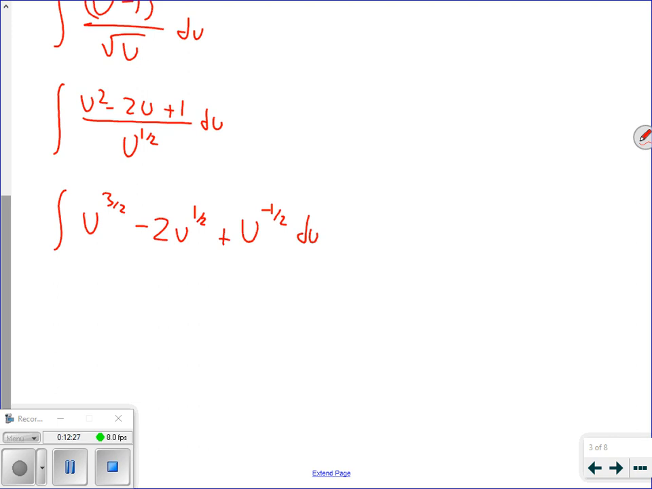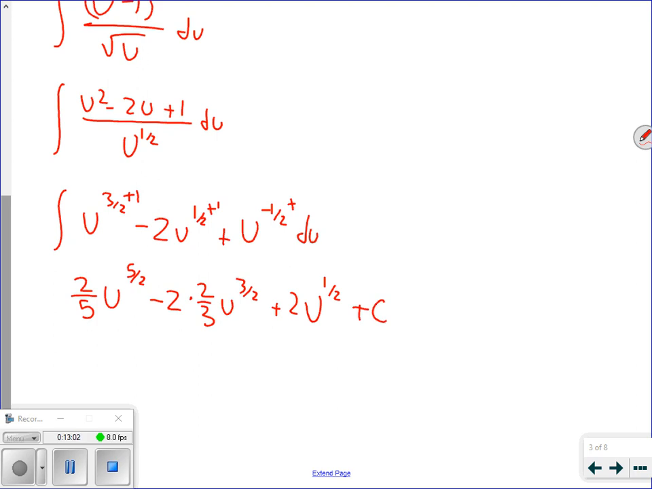And now I got 3 power rules that I can simply take the integral of, right? U to the 3/2, if I add 1 to the power, that's 5/2. So we got 2/5 u to the 5/2 power minus 2. All right, if I add 1 to that, that's 3/2, and I divide, it's 2/3 u to the 3/2 power plus, if I add 1 to this, it's u to the positive 1/2 power, divide by 1/2 is 2,